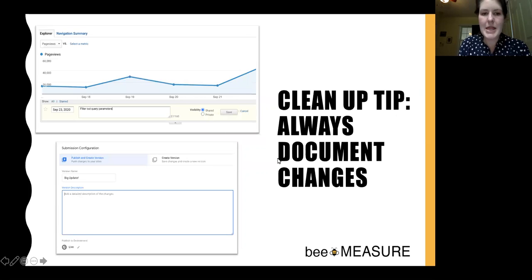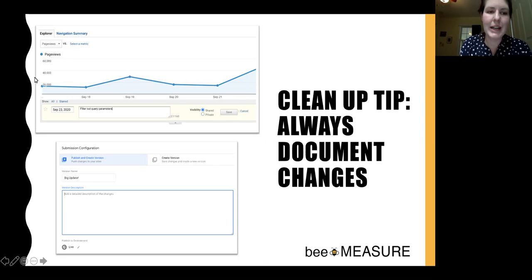All right, and then the last thing here is to avoid analytics mysteries. Treat Google Analytics like you would any other web project, and be sure to always document your changes. Google has this snazzy little tool in here. It's right underneath your basic report.